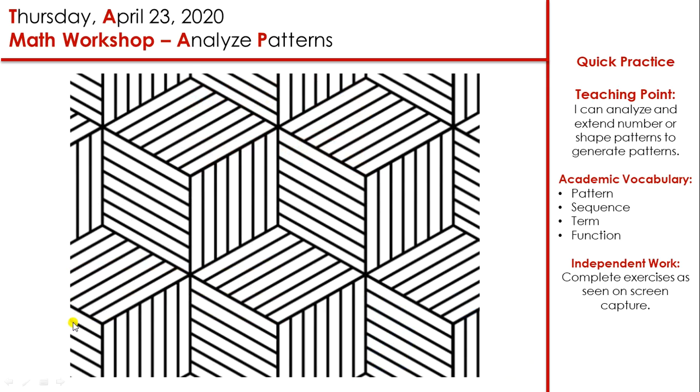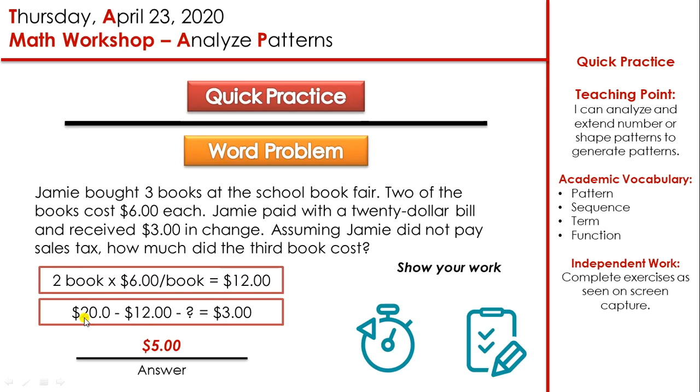So right here at the beginning, I will subtract everything that I spent from the $20 bill that I just paid with. Alright, so from this 20, I will subtract the 12 that I just got